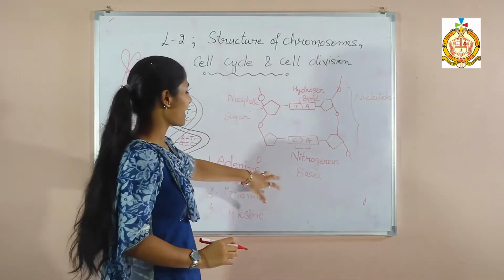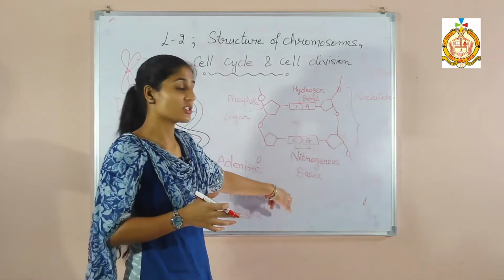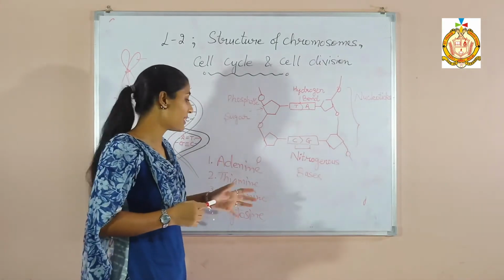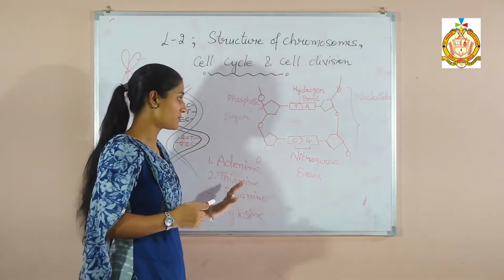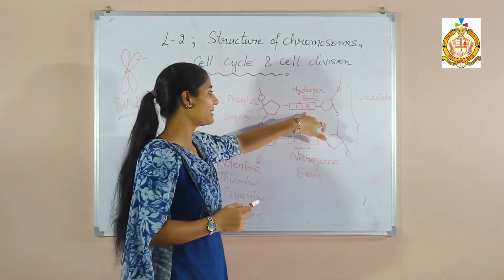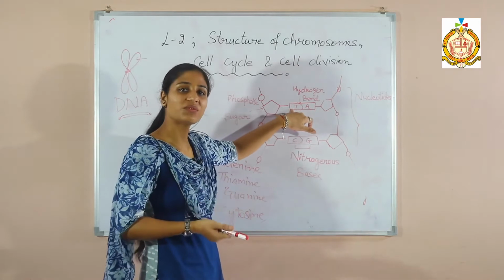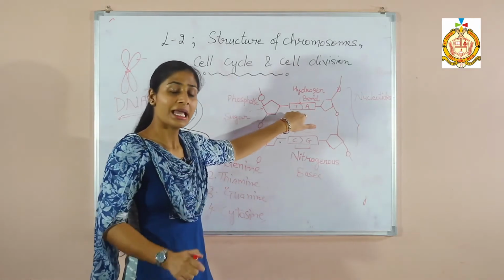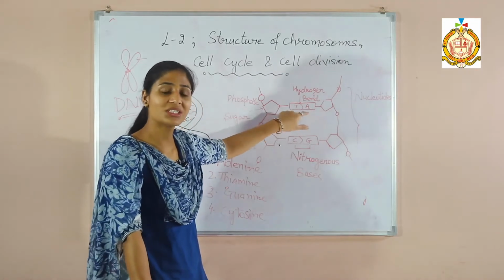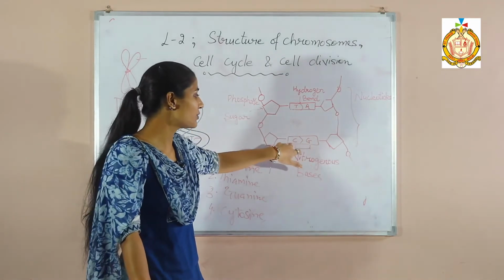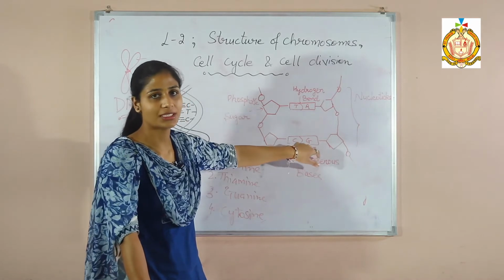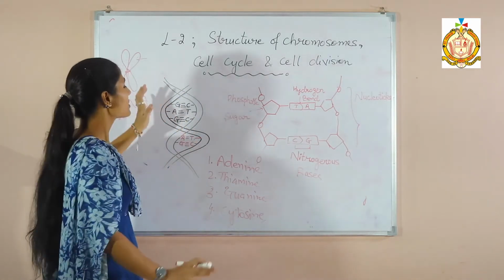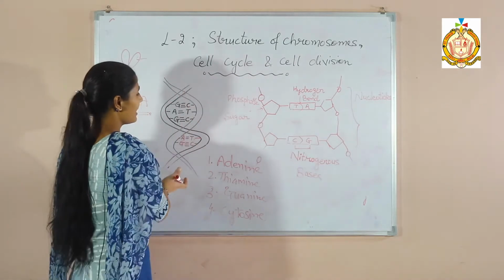These four are attached with each other with hydrogen bonds. Now there are different numbers of hydrogen bonds in these four nitrogenous bases. If we talk about adenine, it is attached with thymine with two hydrogen bonds. Afterwards, cytosine and guanine are attached with each other with three hydrogen bonds. In that way they show their bonding. So you can also compare this DNA to a ladder.